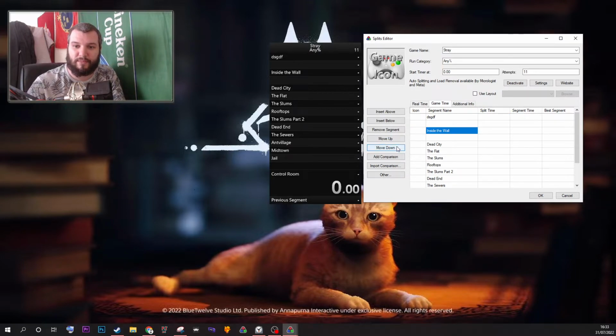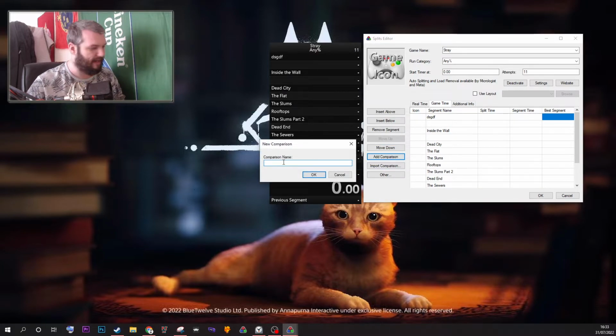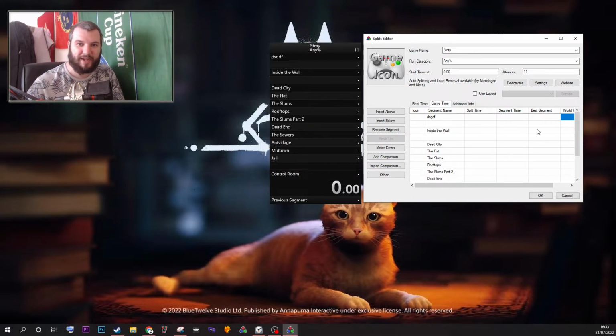So you can move these, move up, move down, add comparison. Hypothetically, say you were running against world record. What you could do is add comparison and say world record. And then you manually input those times. And where this will become relevant will be in layout settings. So let's just put in like